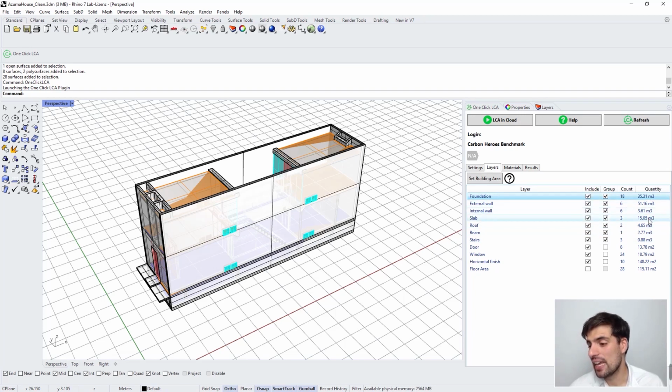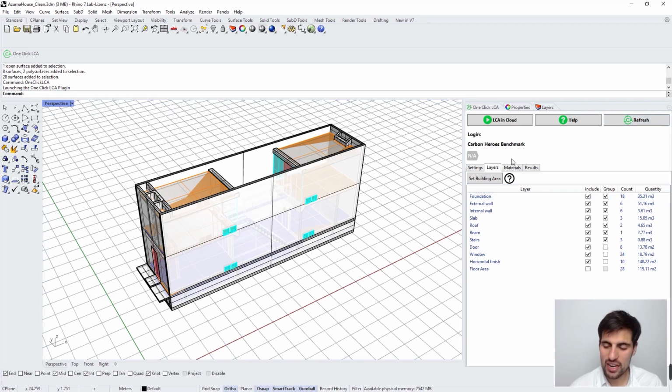And the total quantity of the objects of that area. So if all the objects are volumes, of course you are going to get it in cubic meters. If they are surfaces, you are going to get square meters, and otherwise you would get the individual units of elements. So this would be like a first check to see if your 3D model is what you are expecting. So this is the layers tab, and since we have made some changes here, we should click on refresh,